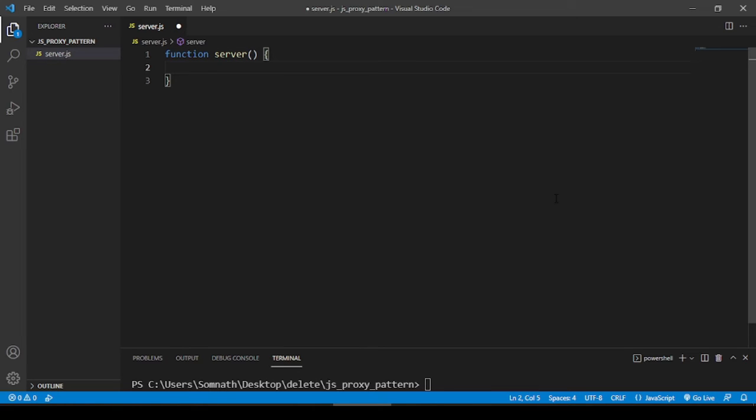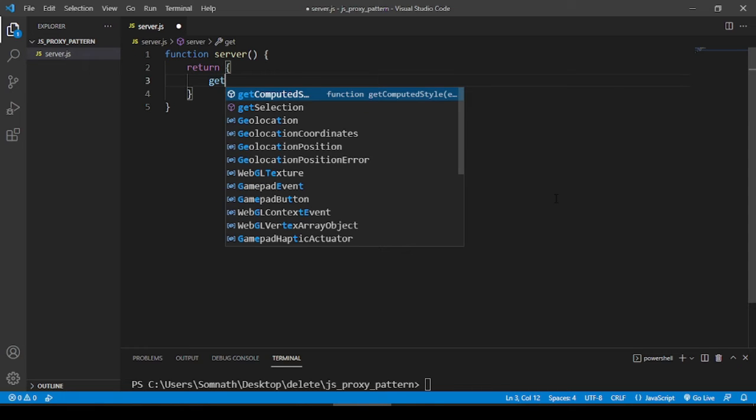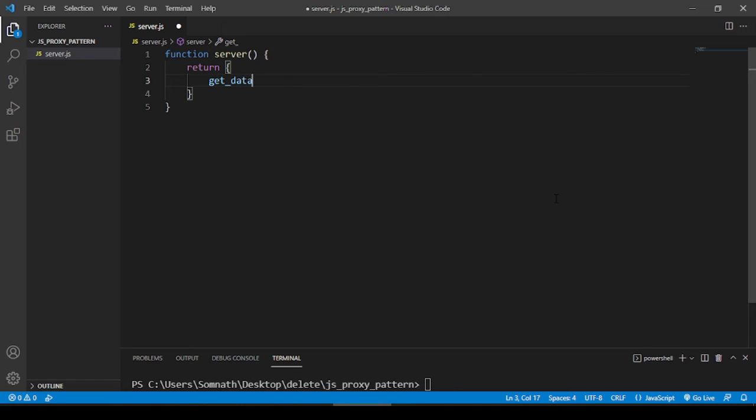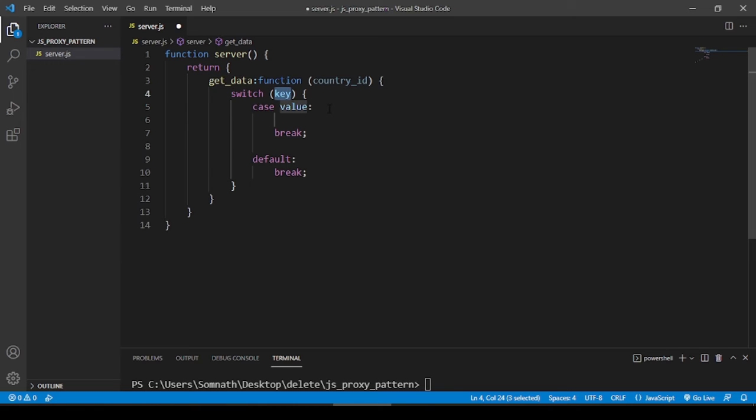Now object creation means it will return some global object, and I will use a name of the method, which is, because we don't have the class as well as interface, so we'll use this signature called get data, just like we did in the ABAP environment. Same function. So obviously we don't need any name now because the name itself is get data. Parameters we can put country ID, similar way we did last time, and we can use a switch function, and